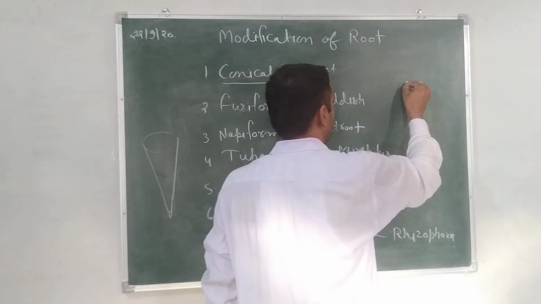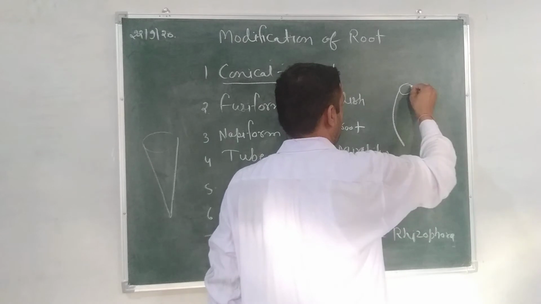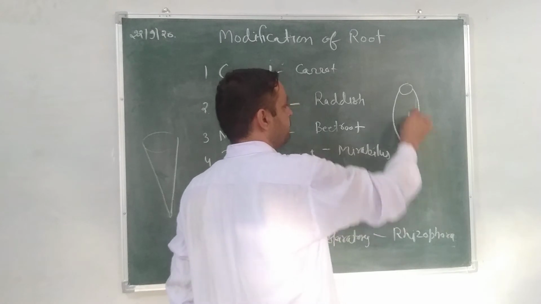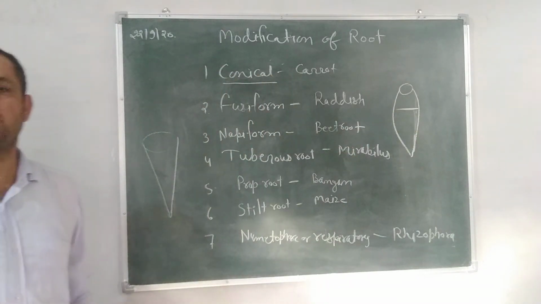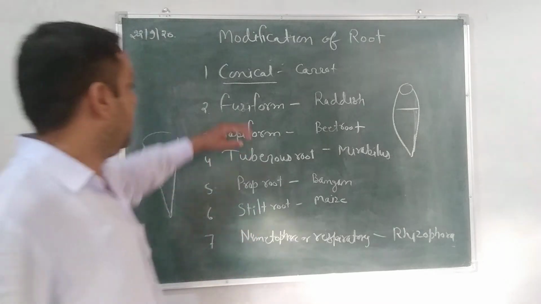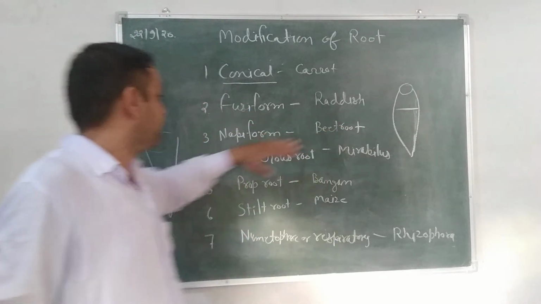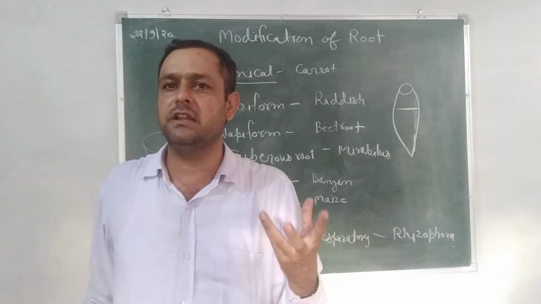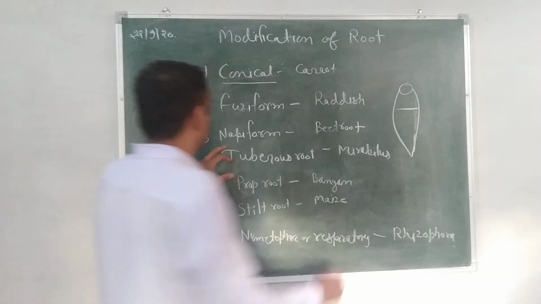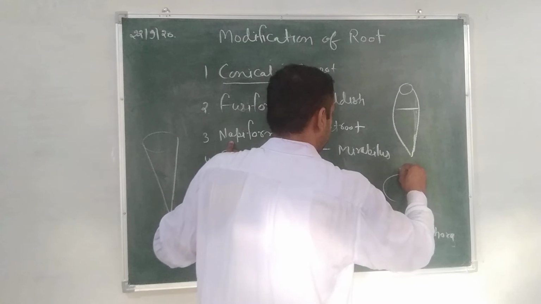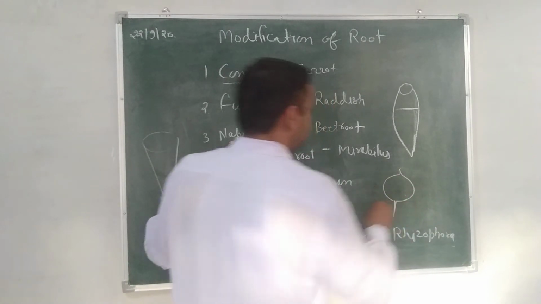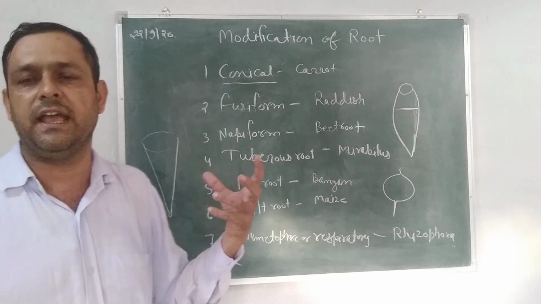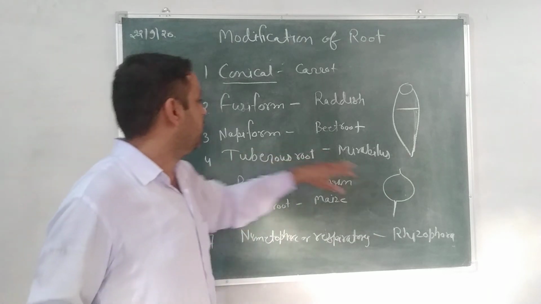Whenever the hypocotyl's upper part and lower part are thinner but the middle part is thicker, the shape formed is just like a spindle, then it is called fusiform. Example, radish. Napiform, whenever the hypocotyl stores food material just like a turnip, that is called napiform, and the root remains very thin at the last point, and the upper and middle part is swollen just like a circular part, so it is called napiform.